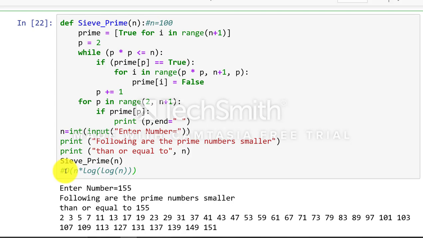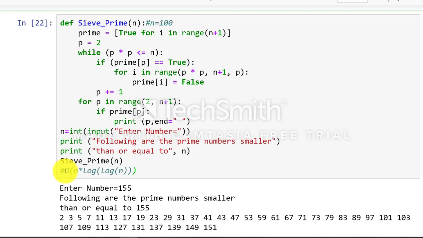This complexity is almost linear. In the previous example, the complexity is n multiplied by square root of n. This is again very high, and the sieve of Eratosthenes is a very powerful technique, and in this case the complexity is almost linear, meaning equal to n.